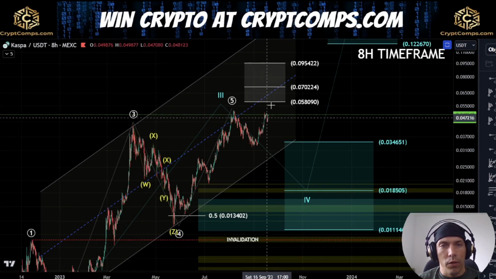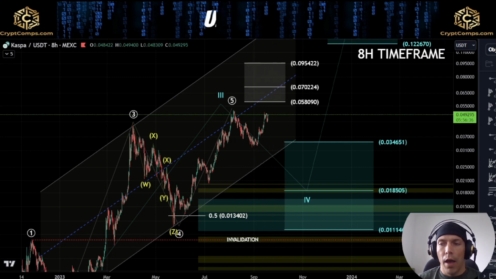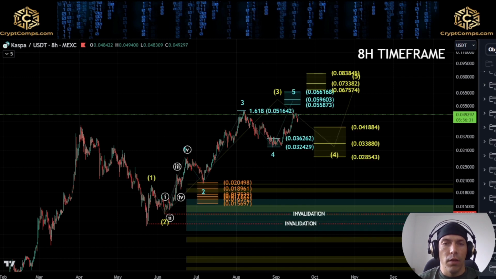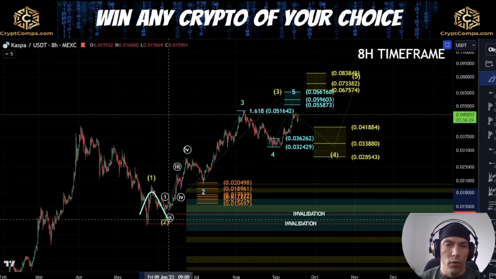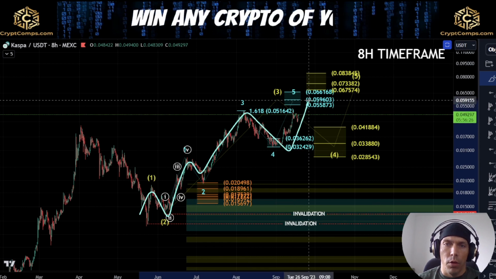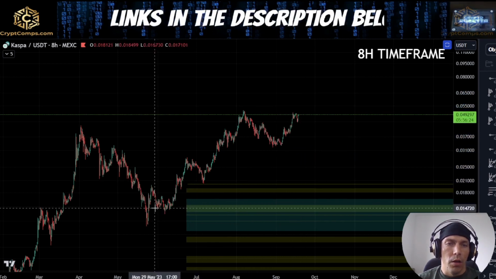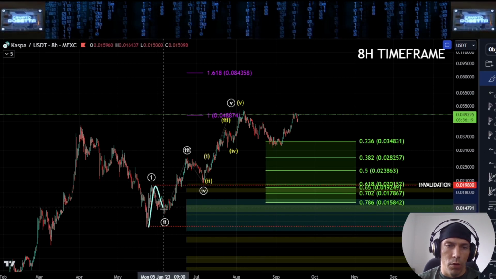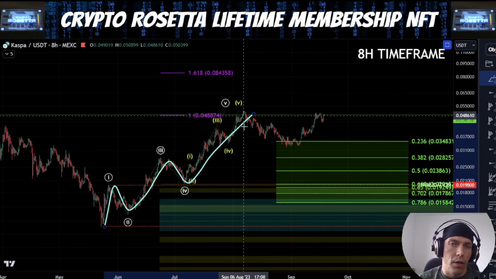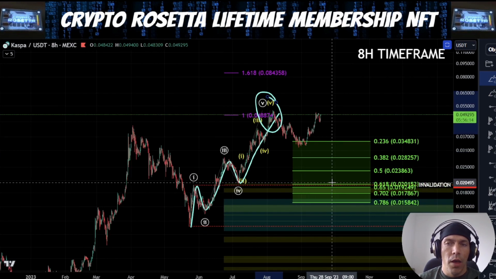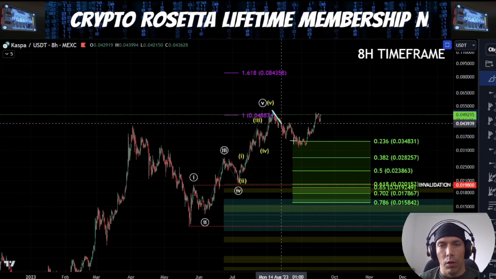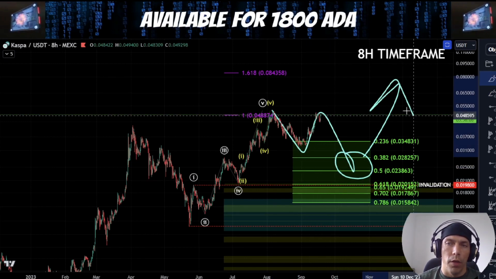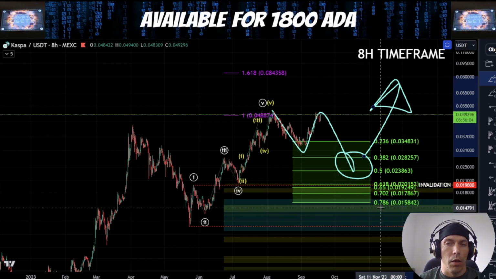So we need to be careful here. There is potential that this fifth wave is still actually ongoing here, and the primary way that I'm looking at this structure is saying that this move is actually 1 2 1 2 3 4, and we're looking for this fifth wave to the upside. Now it is also possible here that we could argue that this move has completed, where we've had 1 2 3 4 and 5, and actually the extension was in this fifth wave, in which case, like I said, we could be potentially looking for a deeper corrective structure still to form before looking for that continuation to the upside in the next wave 4.